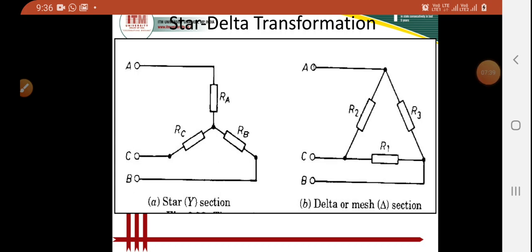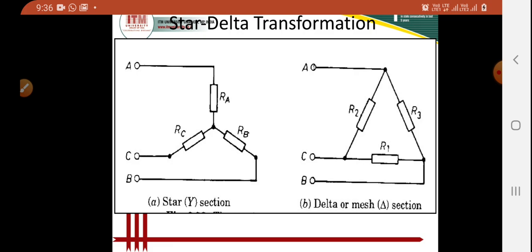Now what I am telling is, if you understand the delta connection and star connection, how you are getting the delta circuit or the star connected circuit, then it is possible to transform the star into an equivalent delta circuit, and also convert a delta into an equivalent star circuit using the transformation process. This process allows us to produce a mathematical relationship between the various resistors, giving us a star delta transformation as well as a delta star transformation.